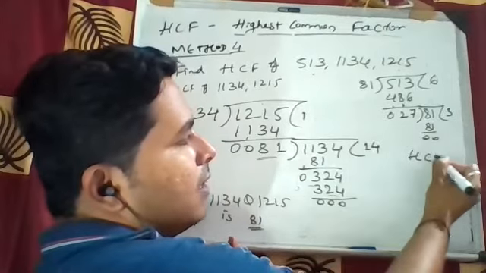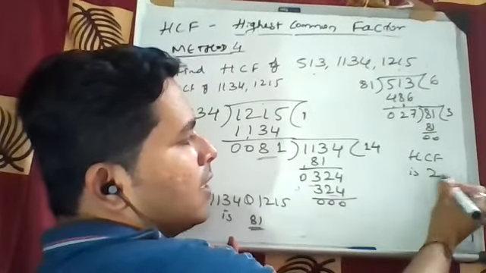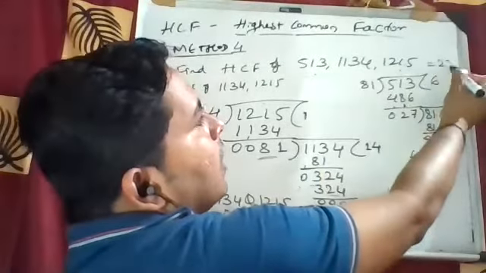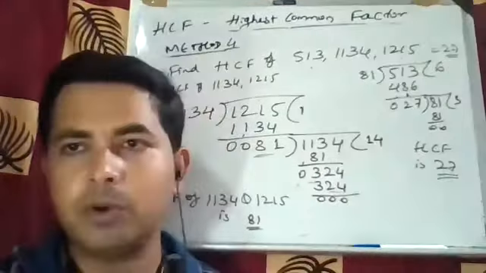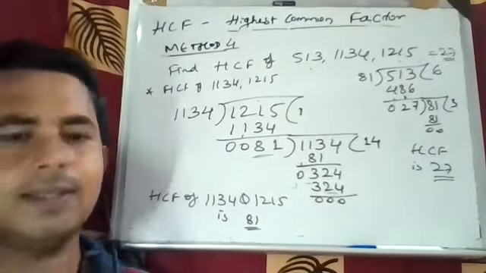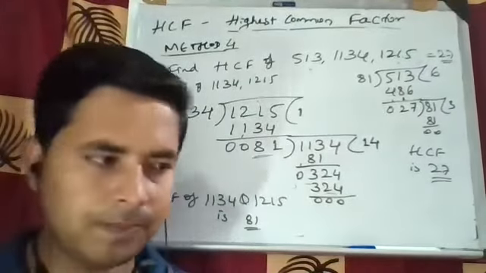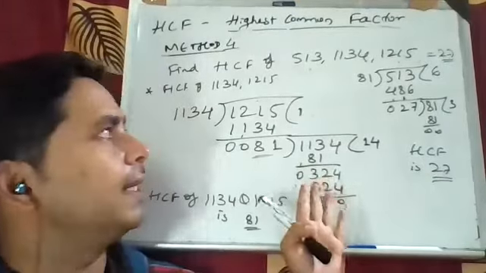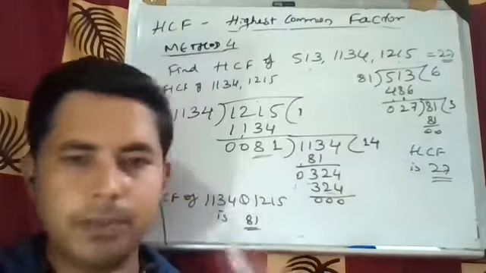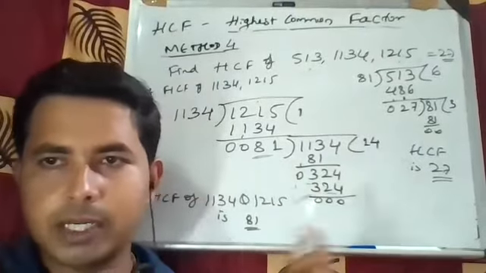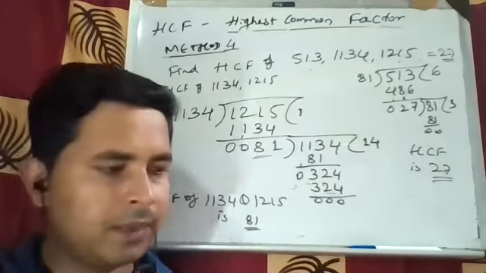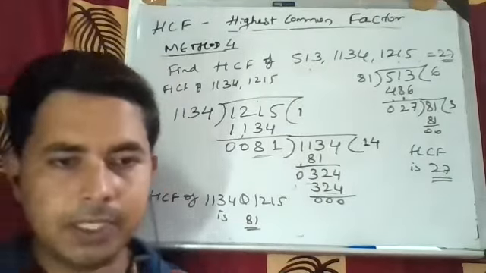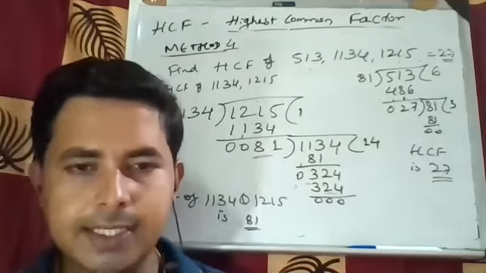So here the HCF is what? 27. So the whole answer is what? The HCF of all three has come to be 27. So this is one more method, but it is a little lengthier. This is called the division method. Okay, we call this the division method. It is a bit lengthy. What is better than this? Which one was it? The previous one, where you can take a common number and do it. Okay. So these are the methods about the HCF.